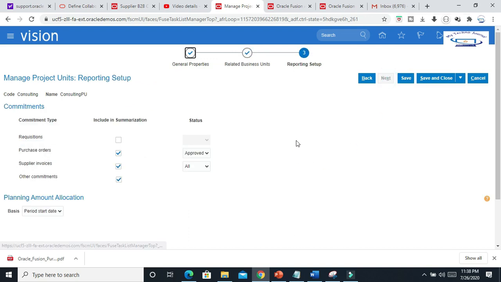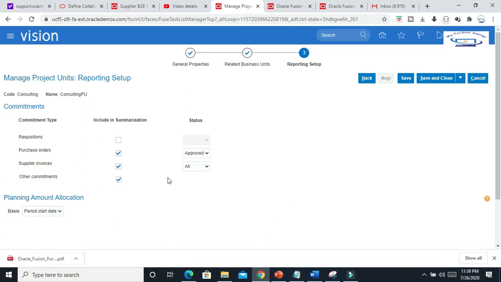Then click on next. Here in the project unit reporting setup, we need to mention what kind of commitments you are handling, how we are going to do the cost collections and revenue, and from what kind of sources you are creating your commitments. The commitment types are requisition, purchase order, supplier invoice, and other commitments.